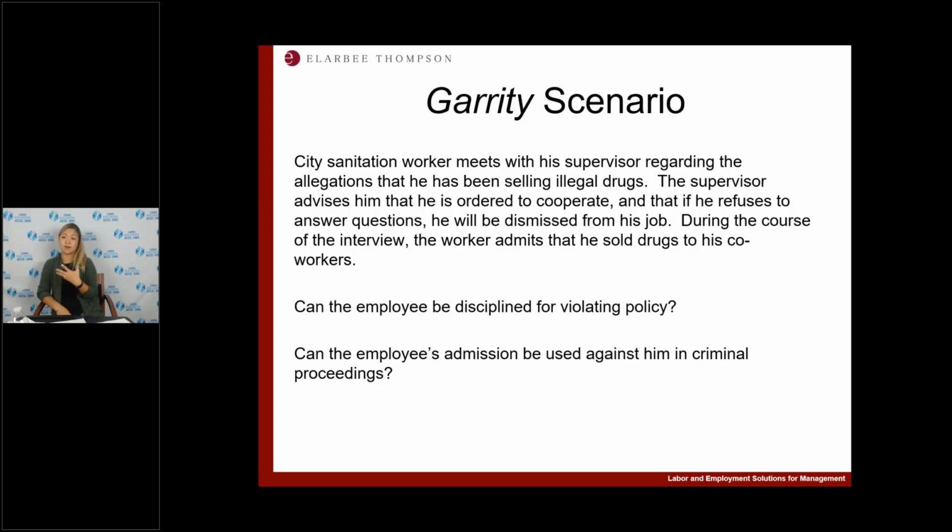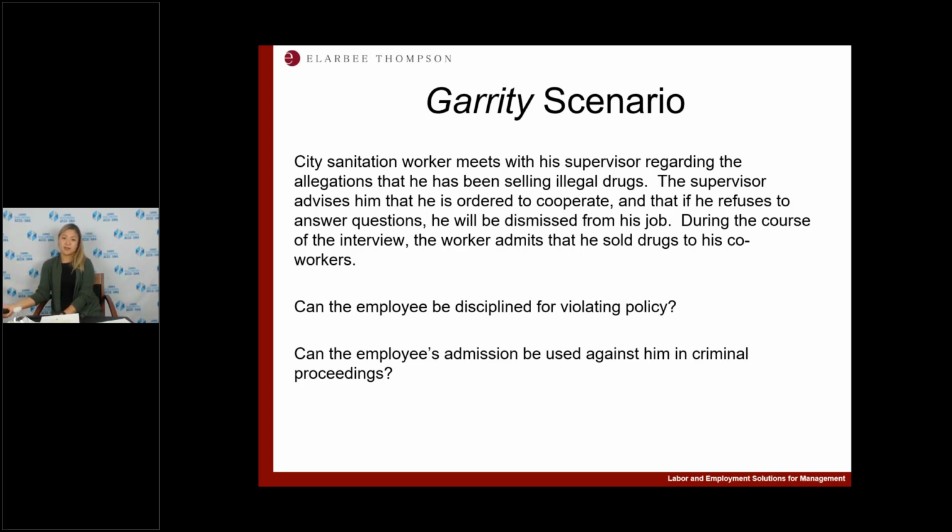By compelling the employee to talk, those statements are now excluded from a criminal proceeding. As far as an internal investigation, they can be used, and the employer is free to use those statements to justify any discipline,